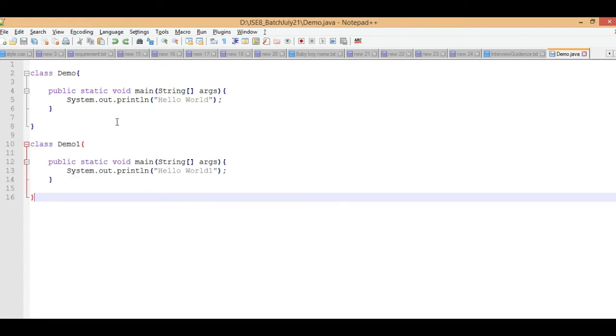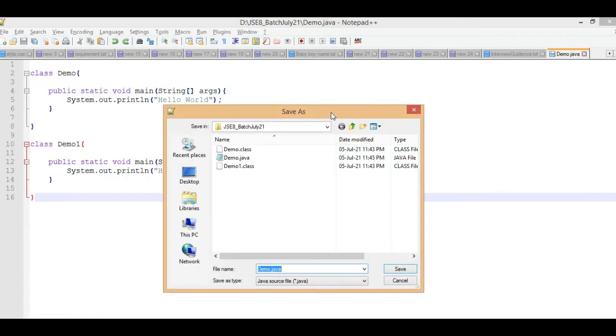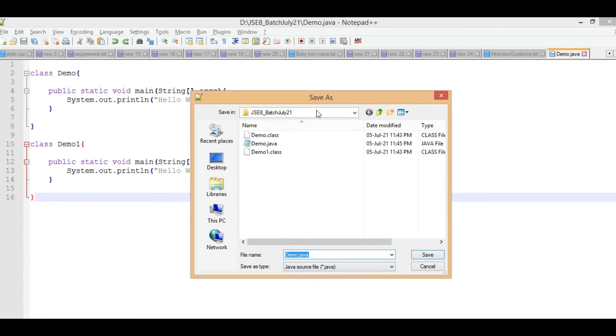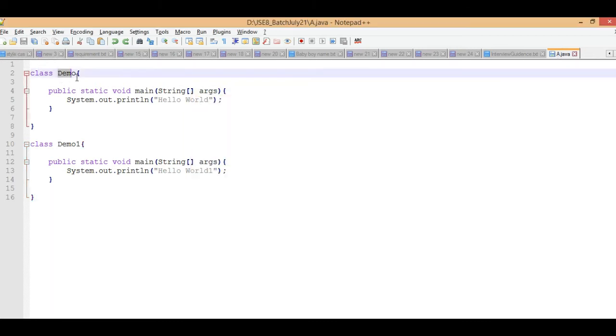Now I am saving this file with another name. So this is another question: can I have a different class name and a different file name? I'm saving this file as a.java. So my file name is a.java and here are two classes, demo and demo1.